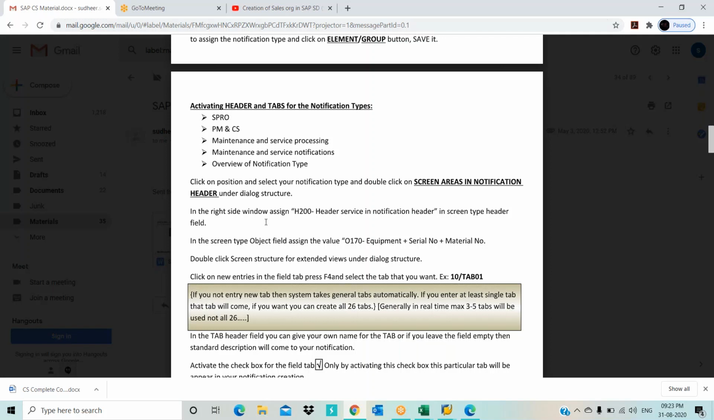So basically here we are maintaining what fields we want in the notification, and what tabs we want, the main tabs, and what fields we want in each tab. Okay. Understood. See, some people do not want to maintain equipment. Some people do not want to maintain a material number. But if you maintain this particular object number